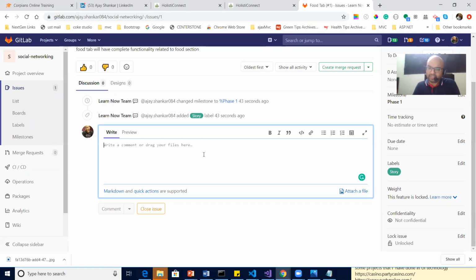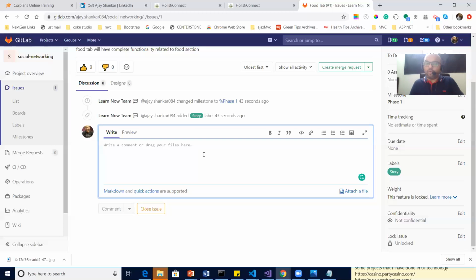So here we will be attaching all the things related to the food tab. When I say all the things, I mean all the things. For example, workflows, diagrams, pictures, sample code. Sample code means you have done some POC, or you think it is very good and would be helpful for the team.